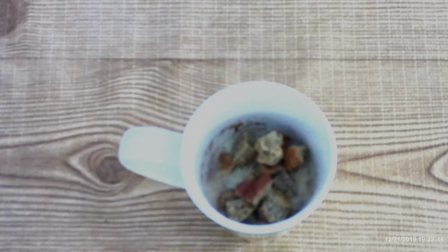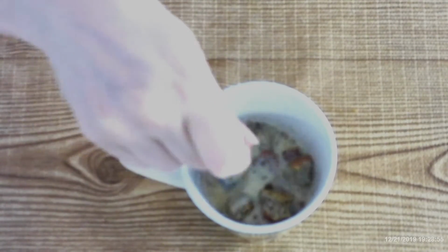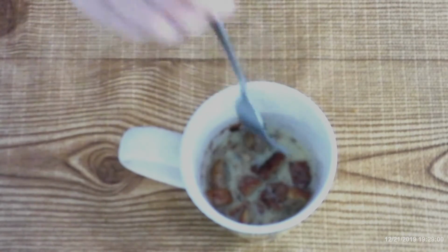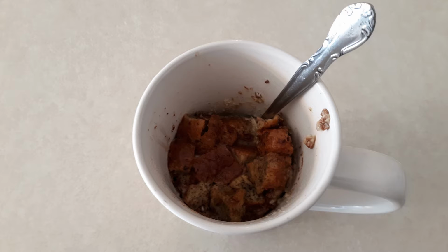Sprinkle the low-carb bread cubes over the egg mixture and gently press the bread cubes into the egg mixture just until each one of the cubes is fully coated with the mixture. You do not want to smash the breadcrumbs, so just gently press them down just so they get covered with the egg mixture. Microwave on high 1 to 1.5 minutes or until the top of the mixture is set and